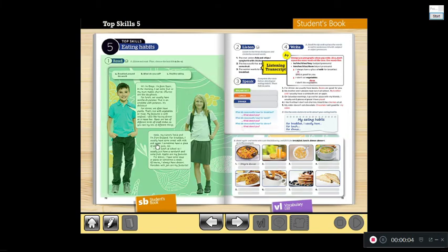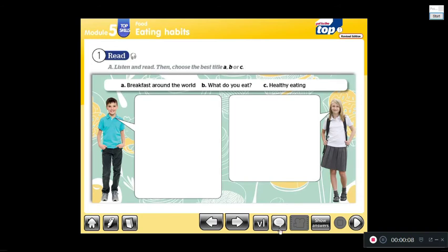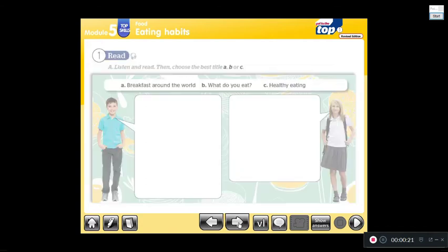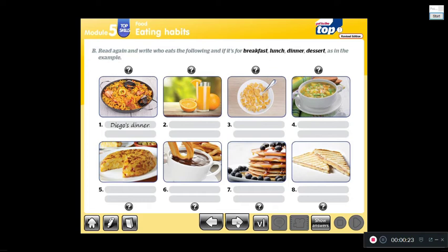Okay, now we're going to practice. In this case, we have a reading activity that we need to do. Okay? Let's listen carefully. Escuchemos cuidadosamente. Si desean, pueden pausar el video y ustedes leer para posteriormente responder las preguntas. ¿Ok? Atentos. Vamos a responder en este caso qué es lo que cada uno de los niños tiene for breakfast, for lunch, for dinner, and also